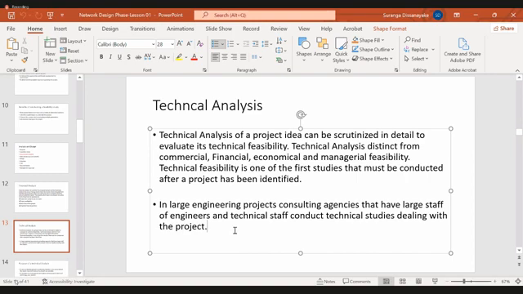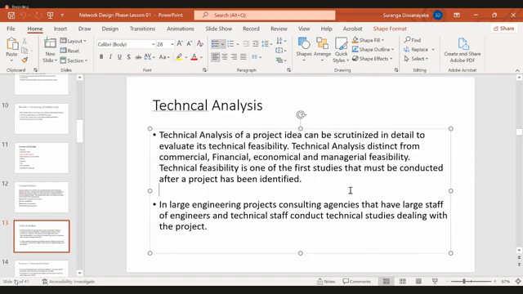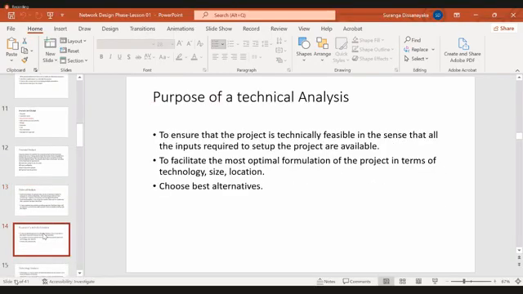Okay, in a large engineering project, consulting agencies that have a large staff of engineers and technical staff conduct the technical studies and design the project. Okay, then based on the technical analysis, what is it doing, it will check the capability of this project, the technical staff and technical level, whether it will be capable or not. The purpose of the technical analysis is to ensure